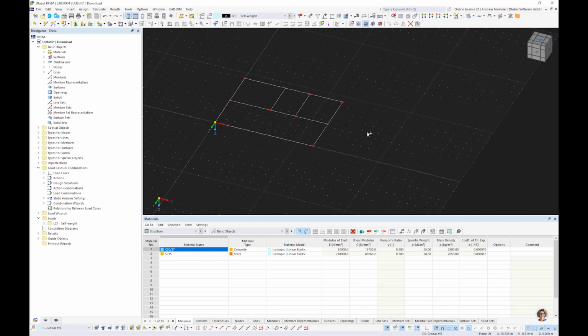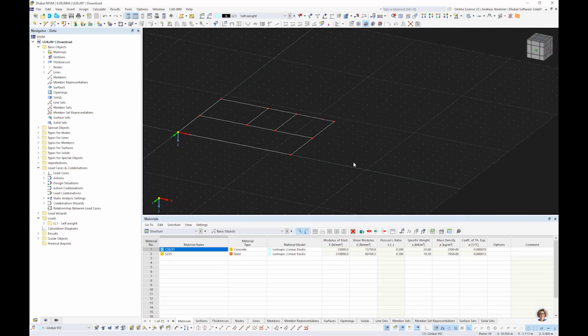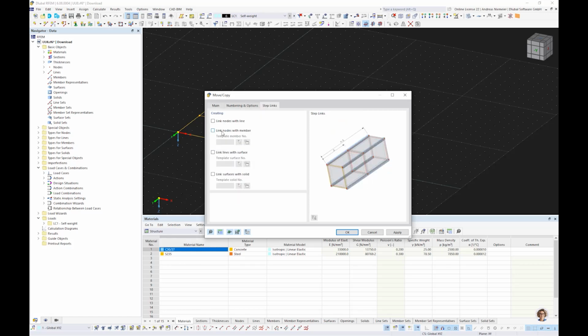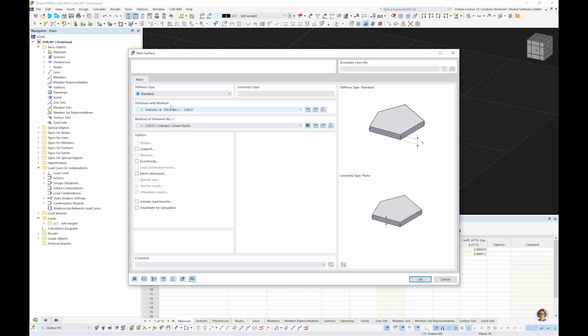And now we say, okay, this floor plan should be created with 3 meter high timber frame walls. How can you do this? In this case, we select lines, copy, say, okay, please create copies minus 3 meters in height, create new surfaces between the original line and the new line, and the new surface should be a standard surface